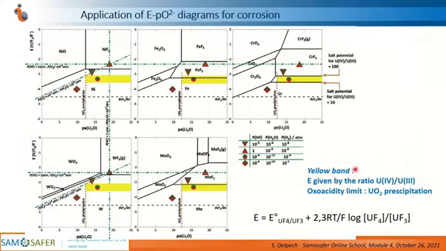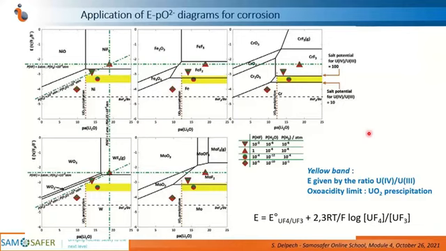Another application concerns corrosion. So I present on this slide several potential acidity diagrams which were calculated for nickel, iron, chromium, tungsten, and molybdenum. And in yellow, we have a yellow band here. This yellow band represents the stability domain of lithium fluoride, beryllium fluoride salt, which was a salt written by